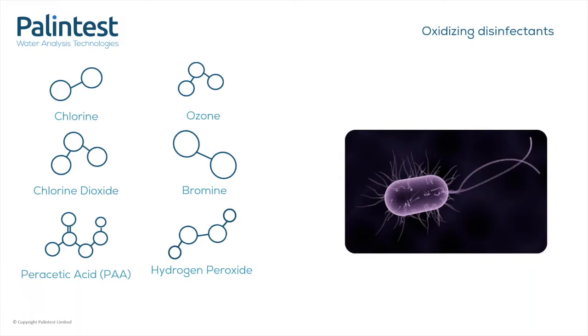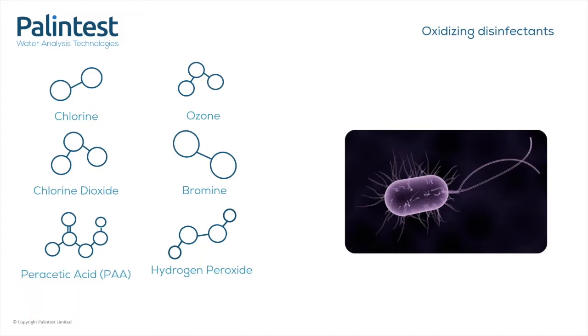Different countries have varying laws and regulations that result in one or two of the disinfectants being king in each area generally. So there are some chemical ones like chlorine, chlorine dioxide and bromine. And there are also some that are often referred to as organics: peracetic acid, or PAA, and hydrogen peroxide. And you also have ozone, which is often used as a secondary disinfection method in other applications, like in your